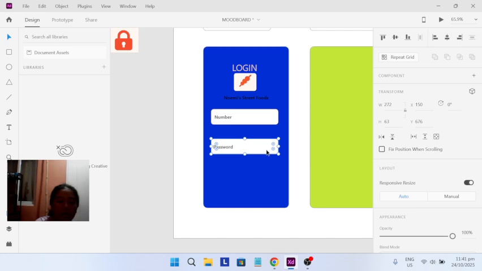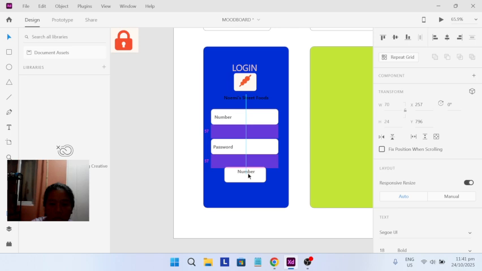Last, I will duplicate this again, put it here. Then I will adjust a little, put it in the center, get this, then I will put enter.